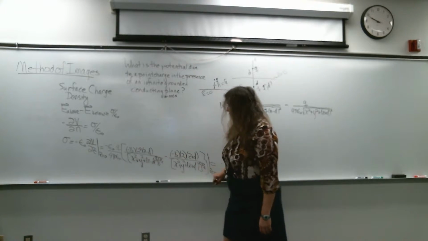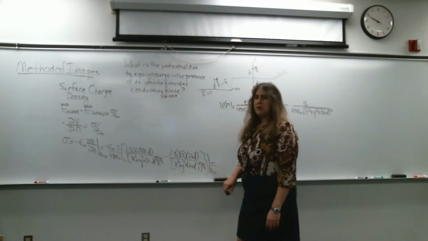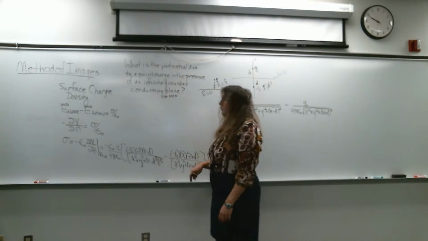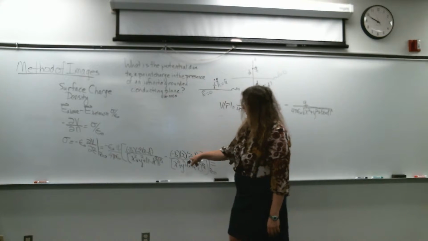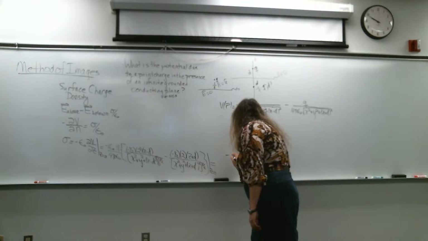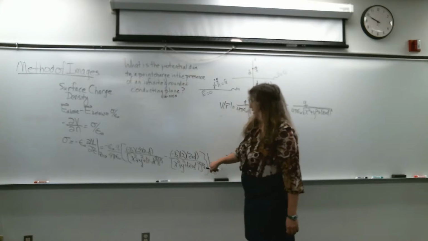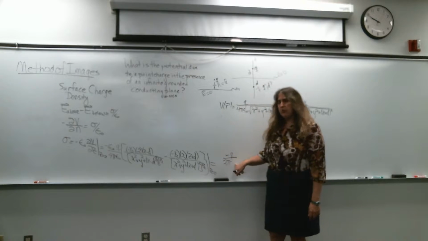We have two minus signs up here and two minus signs over here. We have 1/2 times 2 in each of these terms. So if I add both of these up, I'm going to get a factor of 2. I have minus q over 2 pi,